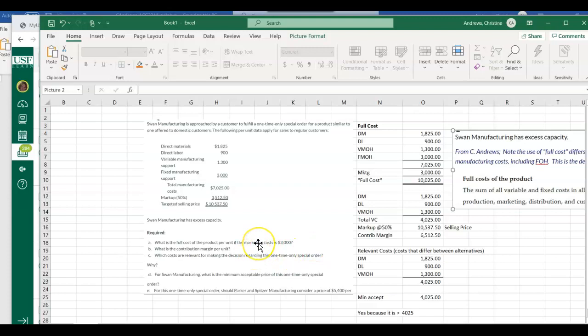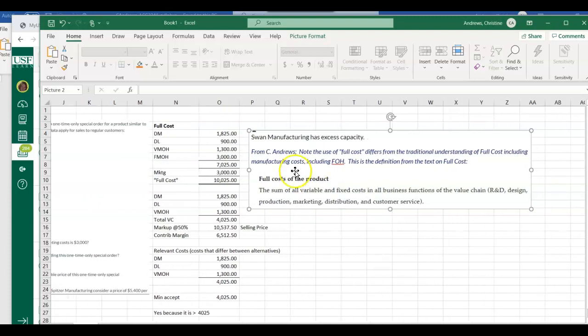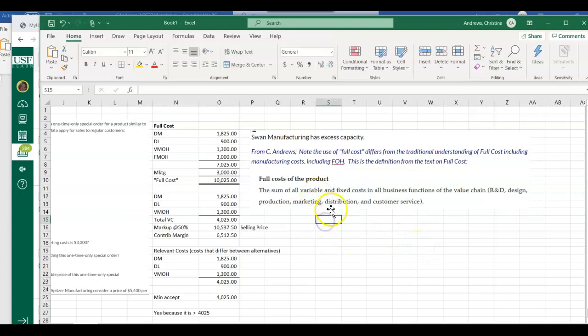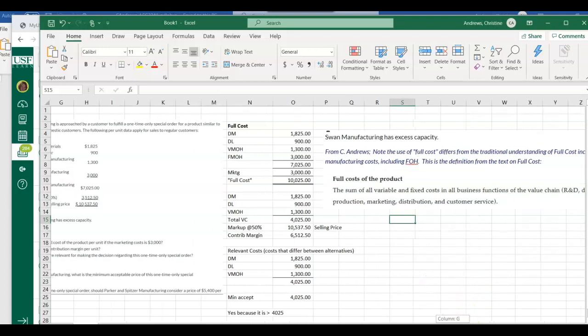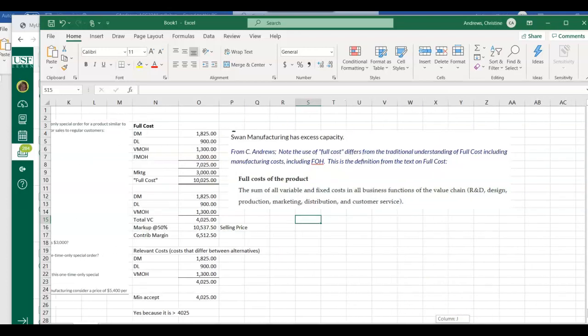3,000? Now, if you ask me what full cost is, to me, full cost is absorbed cost. All right, but I actually looked it up in the book, and the textbook says that full costs are the sum of all variable and all fixed costs in all business functions of the value chain. So that's R&D, design, production, marketing, distribution, and customer service. That's a different definition than I grew up with, put it that way. Okay. So I've got to make sure that there's no conflict on our exam with that, but that's an odd